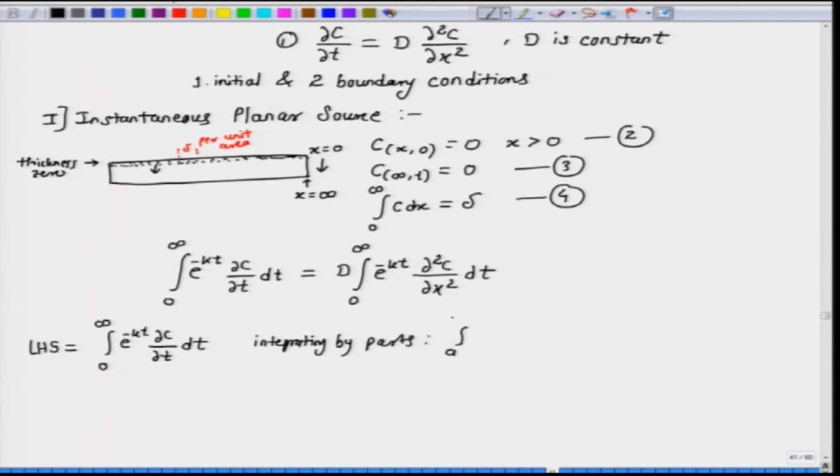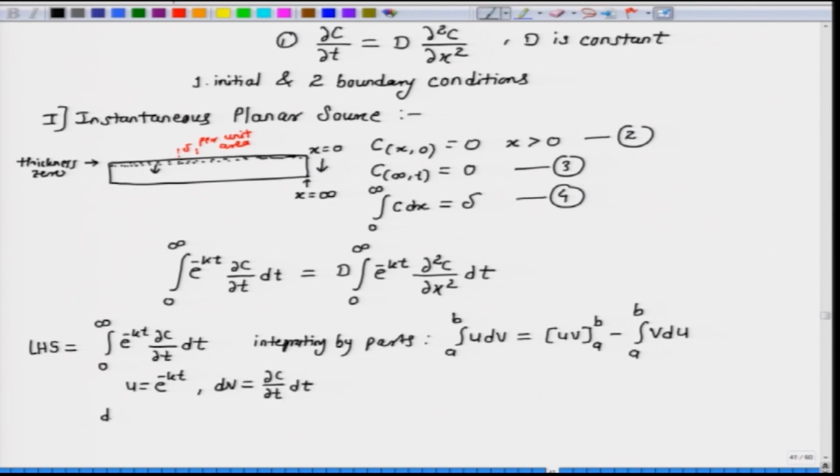Integral a to b u dv is equal to u v within the limit a to b minus integral a to b v du. So, we have to select u and dv appropriately from this integral. So, if we write u equal to e to power minus k t and dv as dou c by dou t dt,